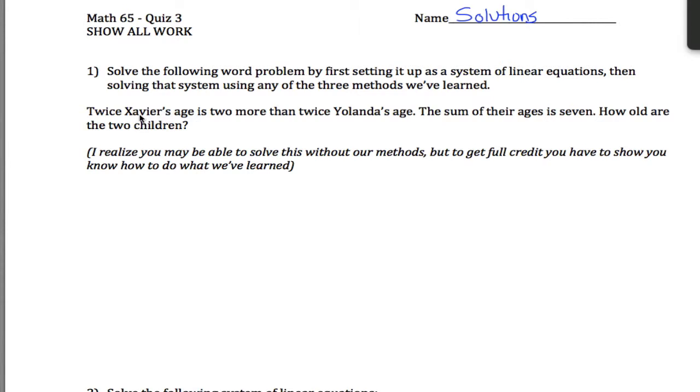So let's get started. So it says that twice Xavier's age is 2 more than twice Yolanda's age. Those seem like strange names to choose. I chose them because one starts with an X and one starts with a Y. If you take this first sentence here,